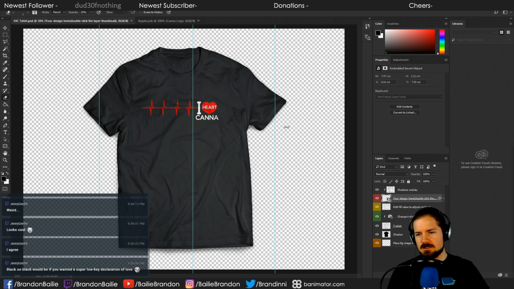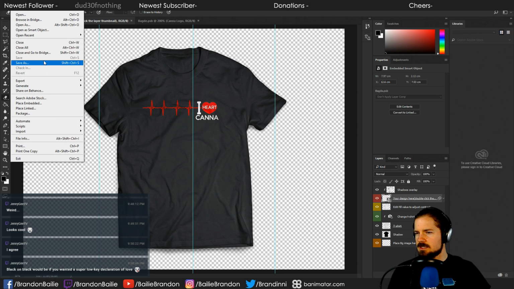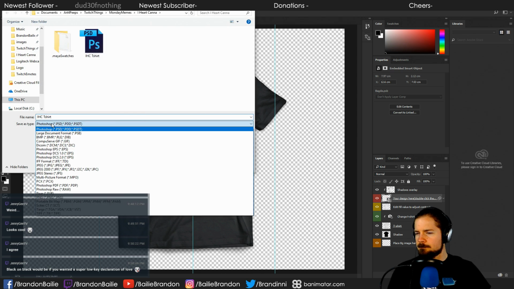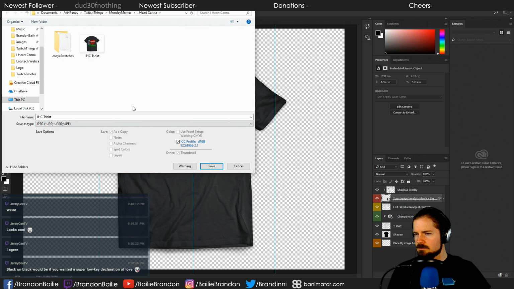So yeah, I think that's actually a pretty decent shirt. It's very legible from far away and stuff. It's kind of right over where you need it to be. Yeah, I think that's pretty good. So I think what we can go ahead and do is save as a nice old JPEG design. Let's see. So this is 2D heartbeat.